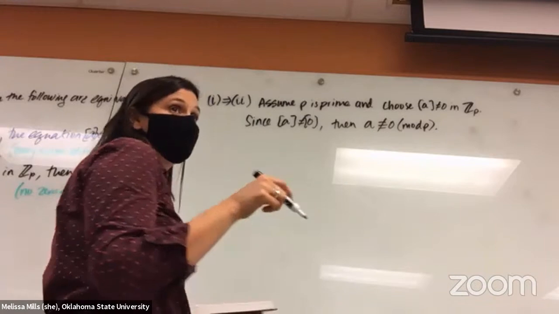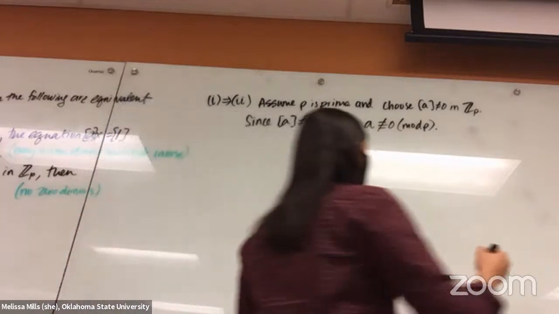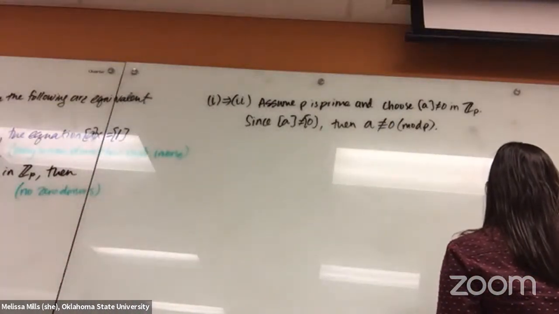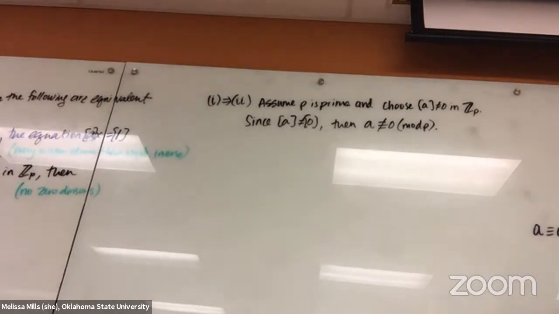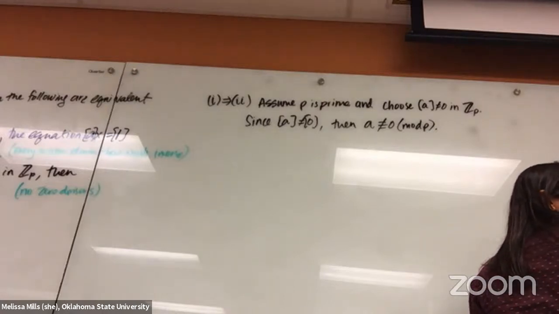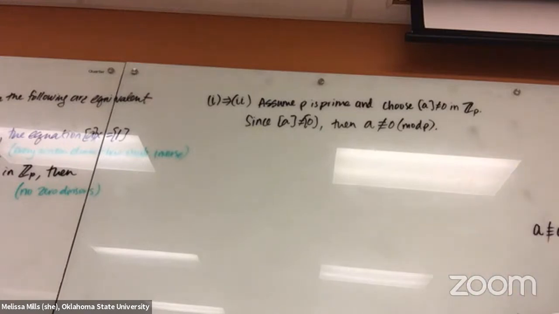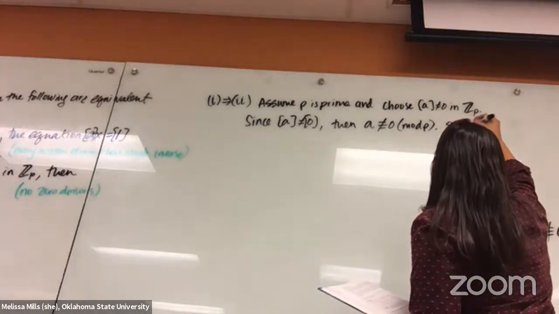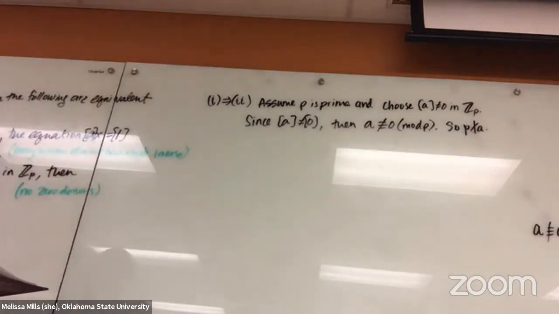Well, that means P does not divide A. Right? Because what does it mean to be congruent to 0? If A were congruent to 0, that means that A minus 0 is equal to PK, right? So that means that P divides A. But if A is not congruent to 0, that means that is not true. So P does not divide A. Okay, so that means the GCD of A and P